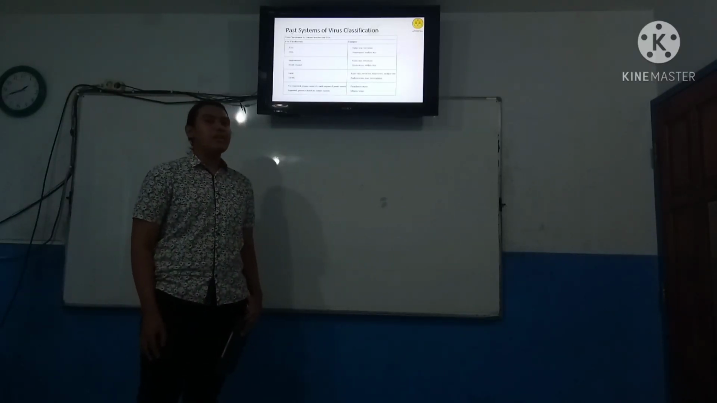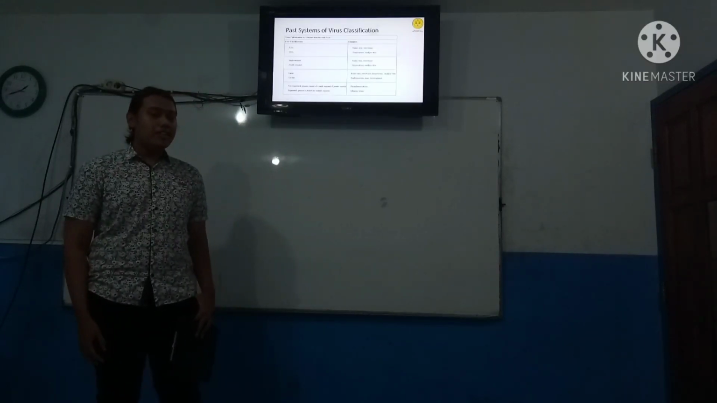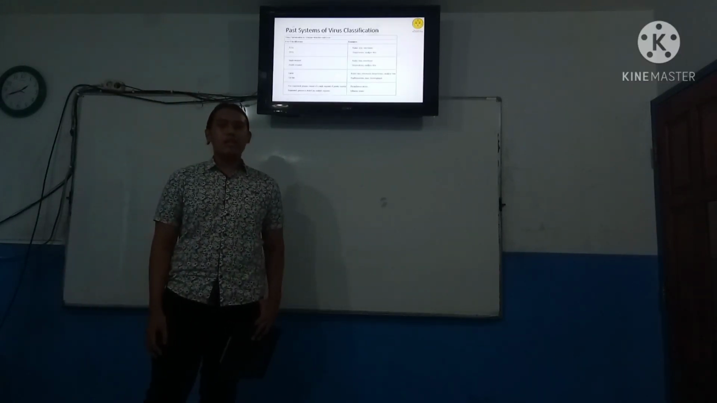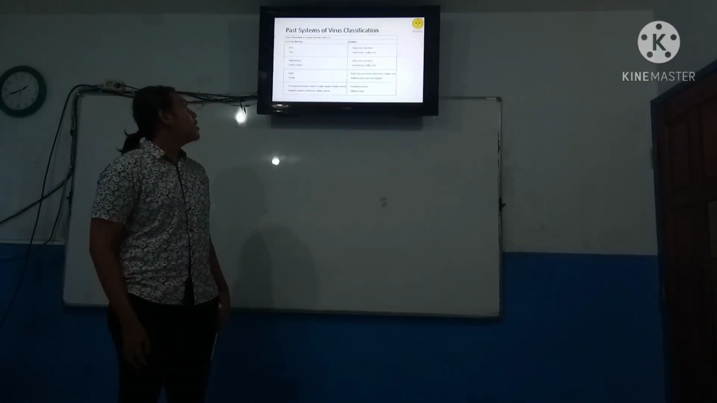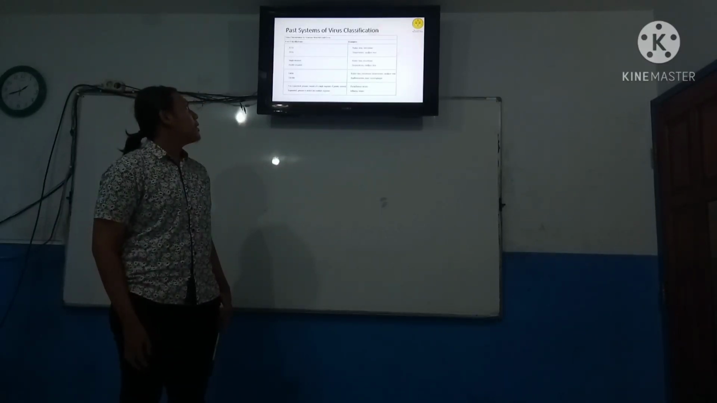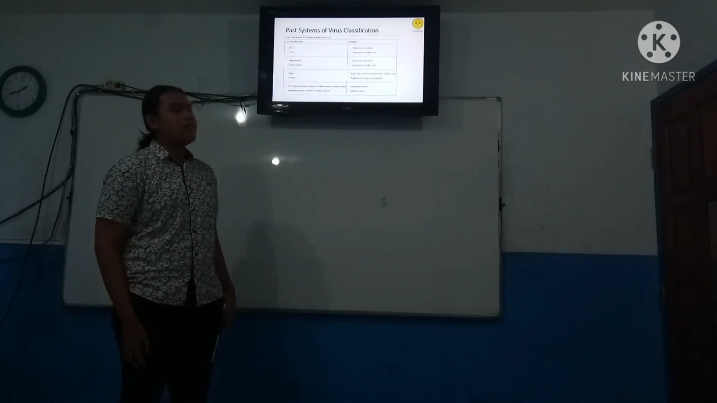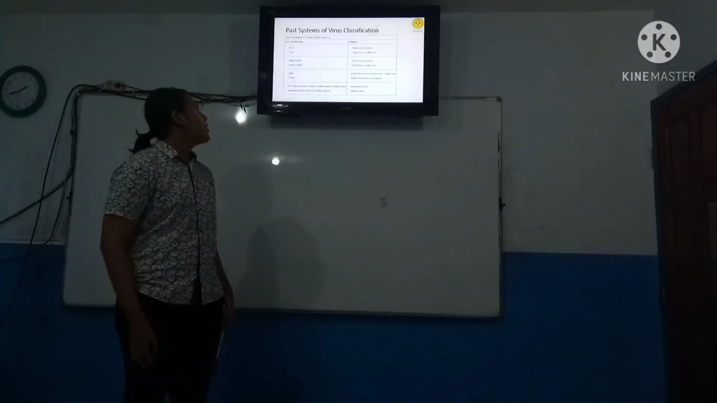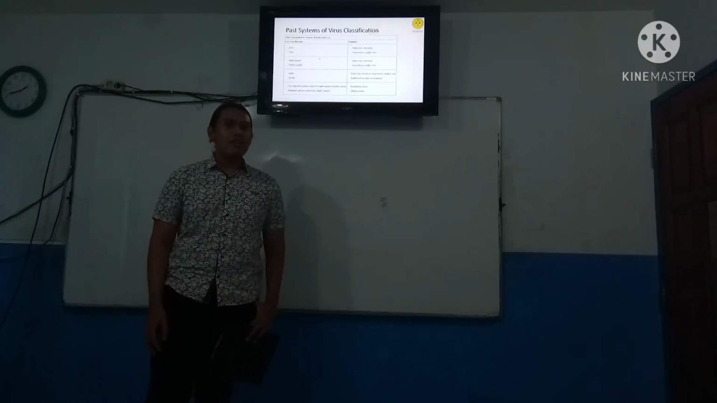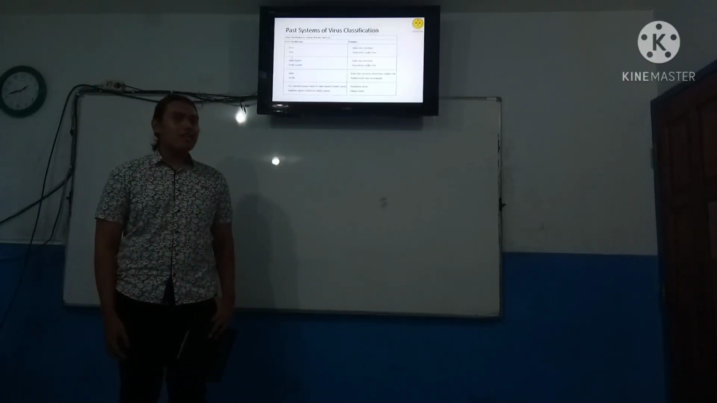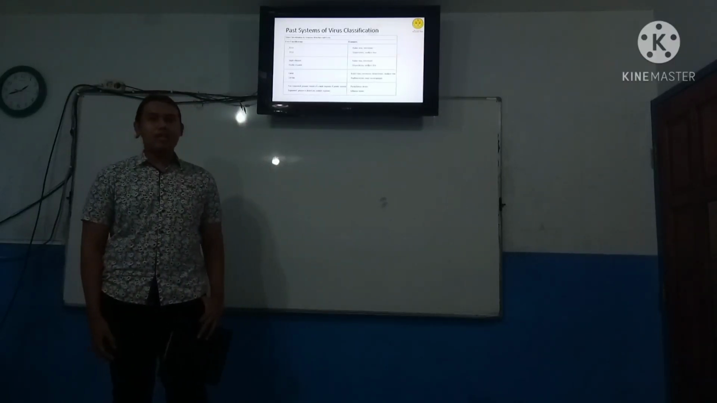RNA virus is a virus which has genetic material containing RNA, but they don't have DNA. Okay, you can see at the monitor. This is the past system of virus classification. You can see that the core classification is about RNA, such as retrovirus and HIV virus that will cause